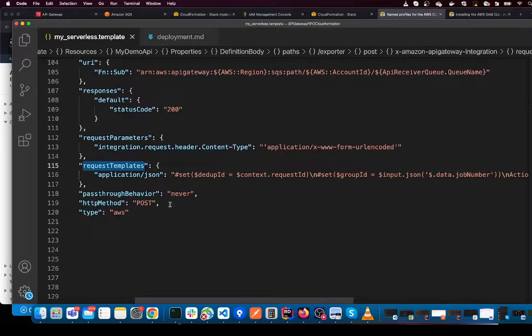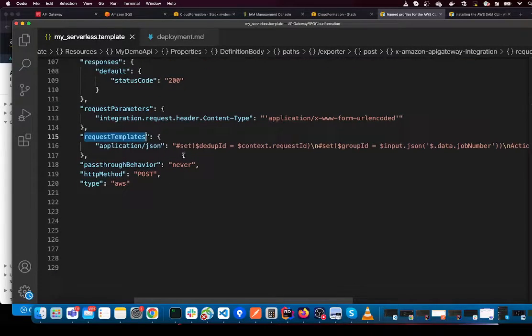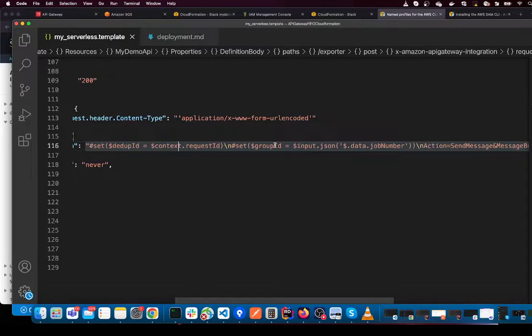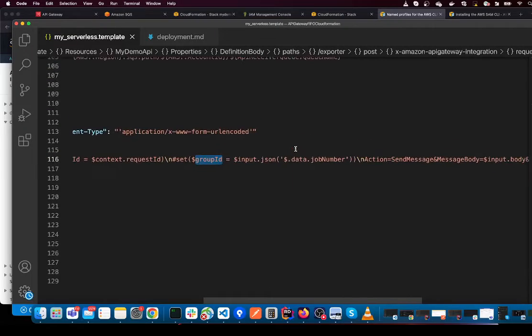So make sure, let me highlight this one. As you can see, within the colon, within the double quote, you need to put, okay, this is a set. I'm getting the deduplication ID. This is a variable I'm defining. Get the request ID from the context. The second parameter I'm setting is a group ID. This is the one I use to populate the group ID for the SQS, and this is a variable I'm reading from the